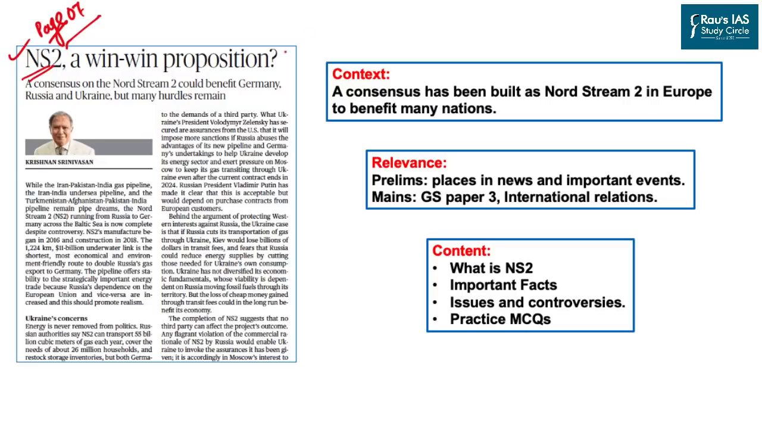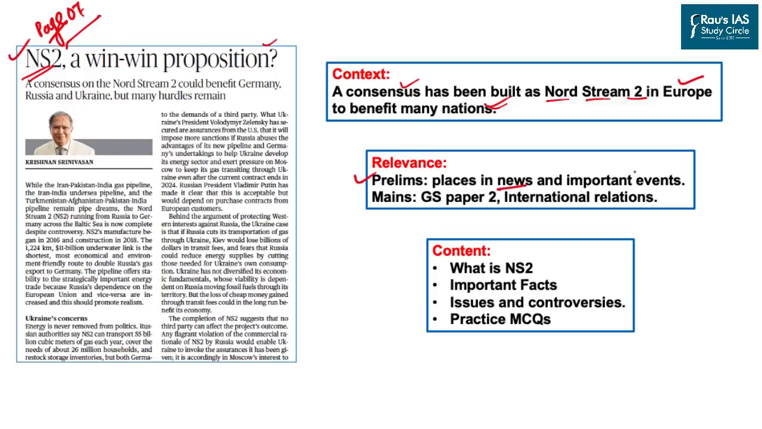Now the point is how this pipeline is going to define international relations and what this pipeline is all about. The article says that consensus has already been reached in order to complete the Nord Stream 2 in Europe, and this is going to benefit many European nations. So as far as the UPSC examination is concerned, from a prelims perspective, this article is important from the perspective of places in news and important international events,